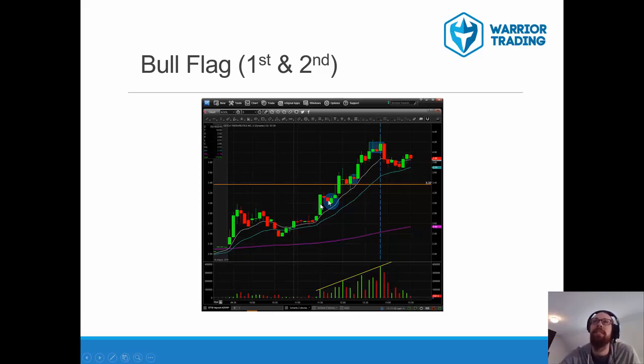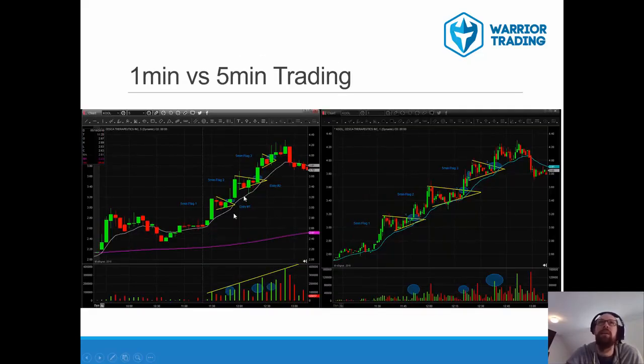Now think about if it's this extended on the 5 minute chart, on a bigger time frame like the 15-minute, it would just be like a straight up candle. It would be very, very extended. And now here we see a 5 minute time frame and the 1 minute of the same chart side by side. Okay, so this is what I meant here where this is the first 5 minute breakout right here,